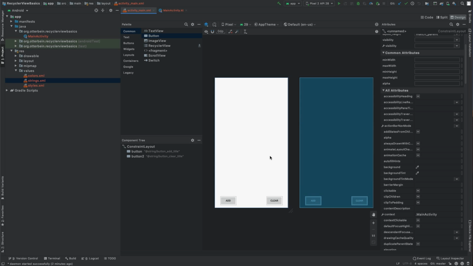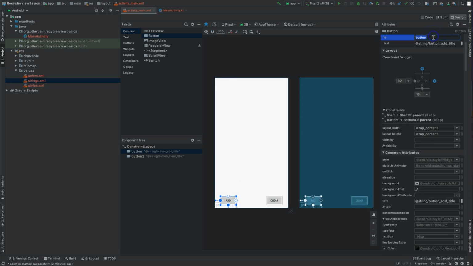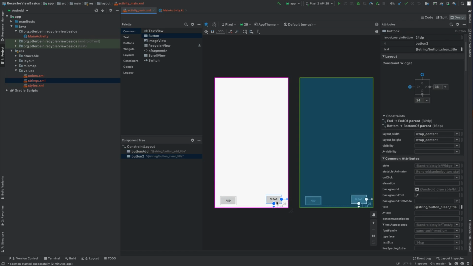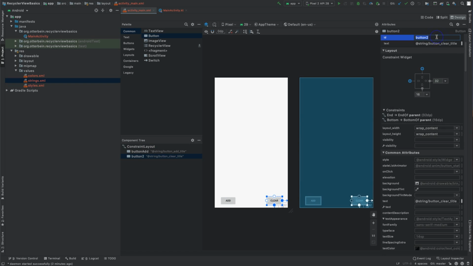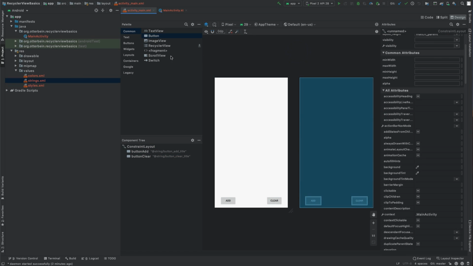Now we need to add the recycler view. The recycler view, oh, actually let's give these names first before I forget. So we'll call this one button add, and we'll call this one button clear. There we go. So the recycler view, it's over here in common, recycler view, and you'll see you have to